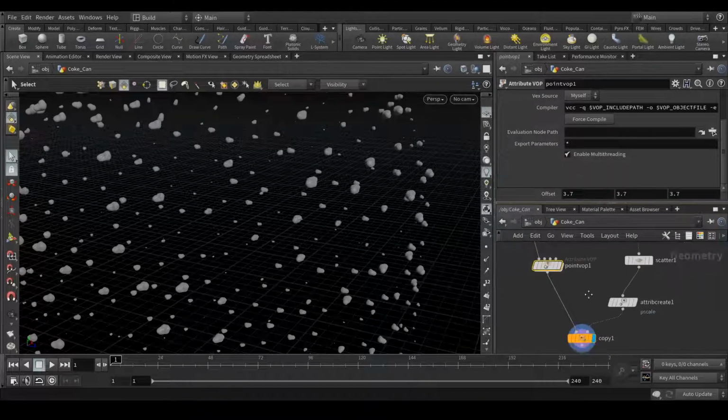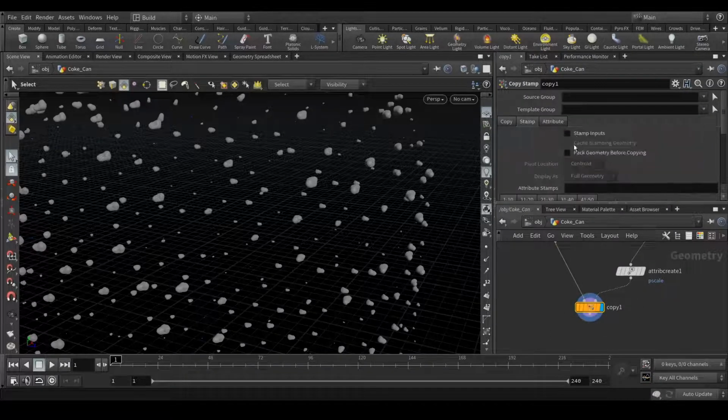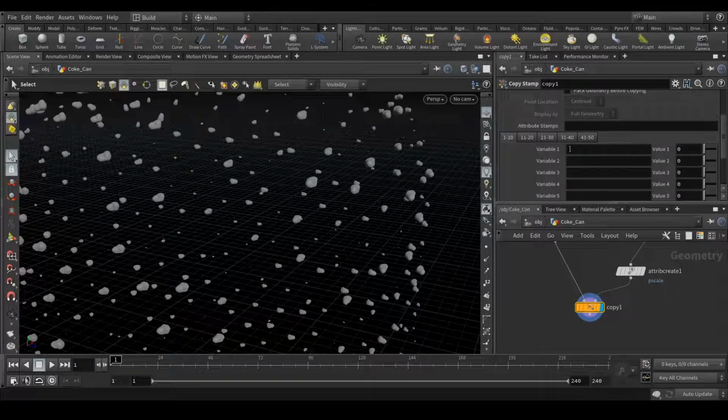And now let's go to your copy stamp node, and in here you will get this option stamp. Enable this option stamp input, and here in variable we need to create a variable offset. So let's type offset. This will be the variable, and here in value 1 we need to type an expression. So let's type that. It should be fit